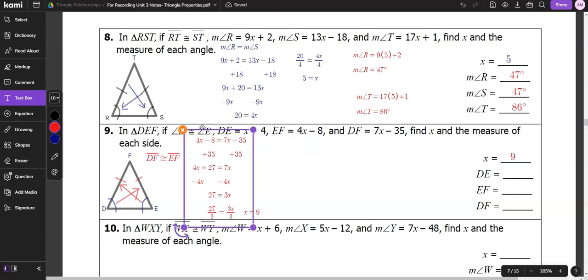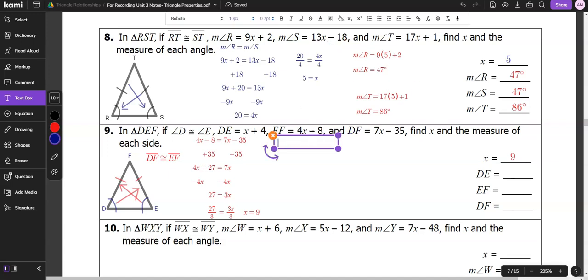Now we need to find the length of DE, EF, and DF. But again, we're just going to do that by substituting in the value of x. So DE is equal to 9 plus 4, 13. EF is equal to 4 times 9